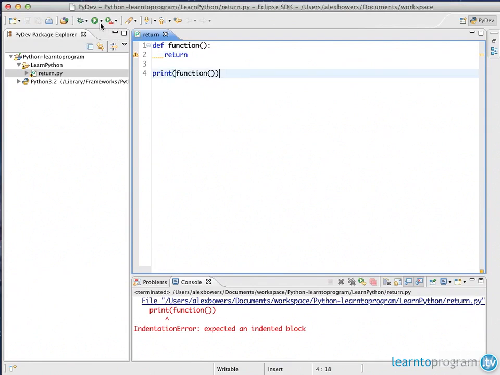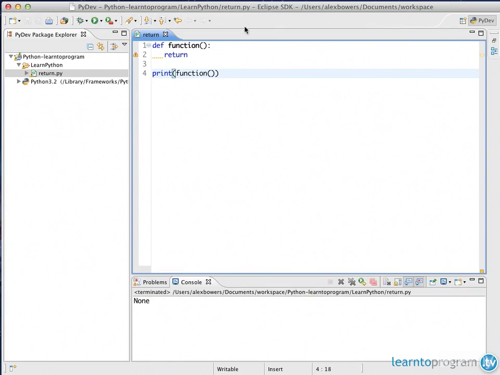So if we run this again, you can see that now there's no syntax error, and we can return any type of value we want. So we can return integers, we can return lists if we choose to. We can return absolutely any type of data that we wish, and we can interact with this data in different ways. So we can have it stored as a variable,